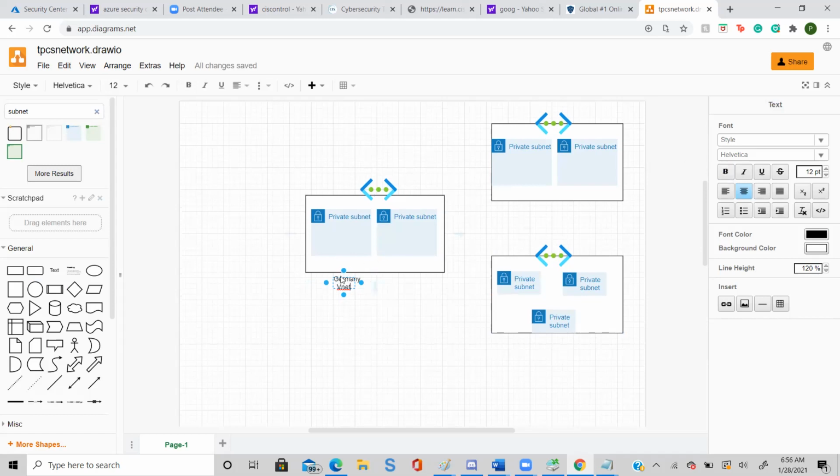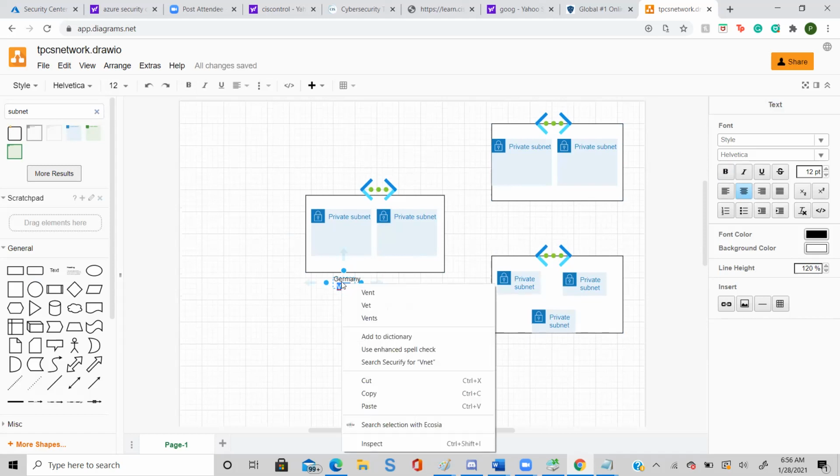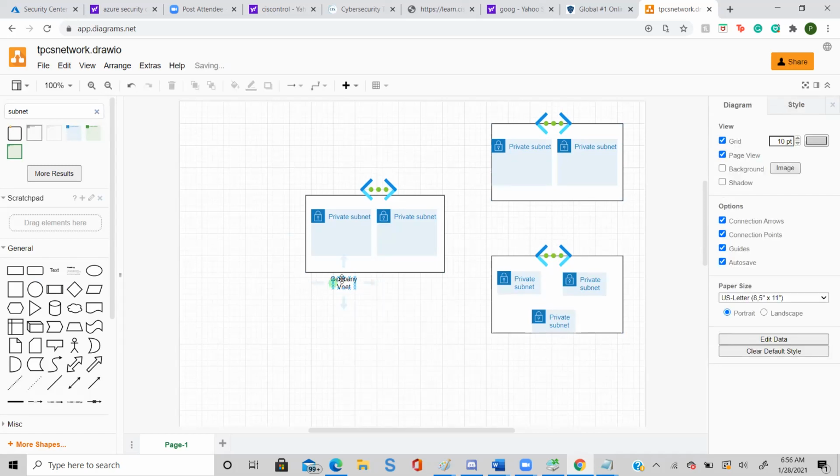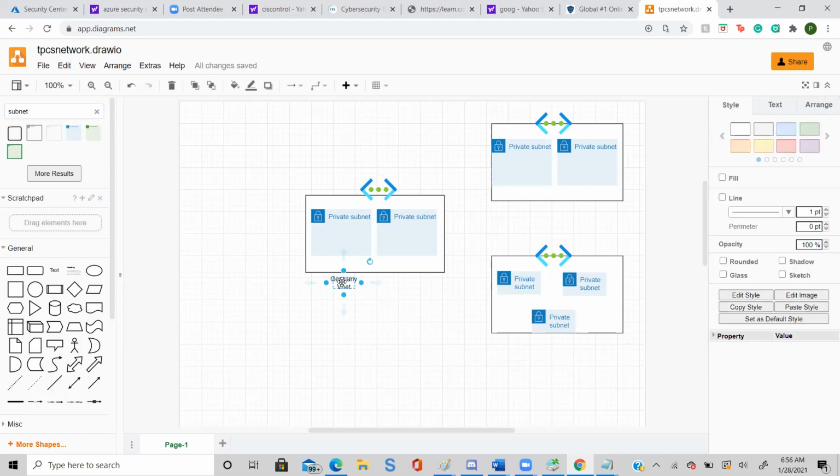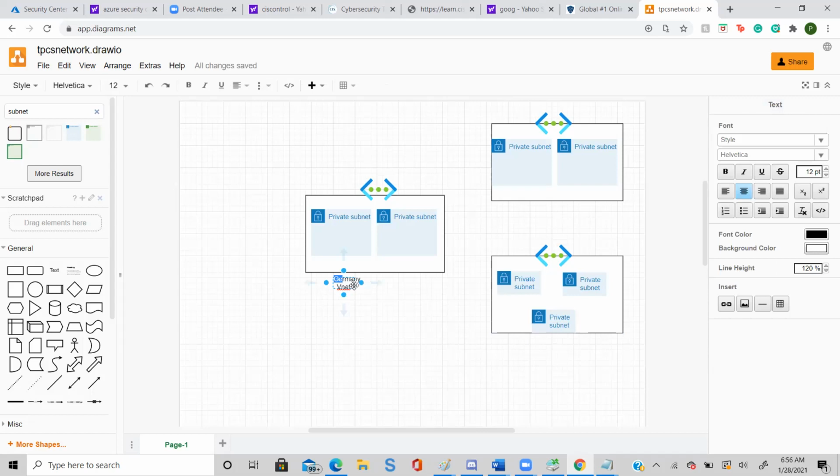You have to select the text first here. No, I was trying to copy, like, highlight it. Highlight it and then do it, okay.